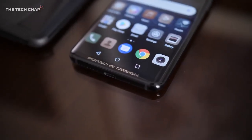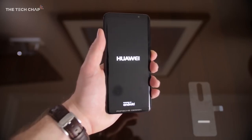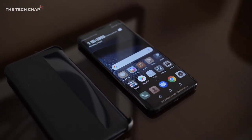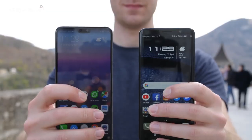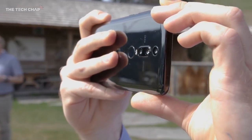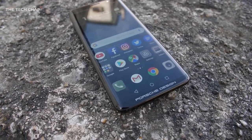Well, there's no mistaking that this is from Porsche Design. I've got it in black, although it also comes in red, with a metal and glass body, mirror finish, and a symmetry of design that the P20 lacks. So the biggest difference between the P20 Pro and this Mate RS is of course the design, but that's not all. It also offers up to a massive 512 gigabytes of storage, a sharper Quad HD Plus resolution screen, stereo